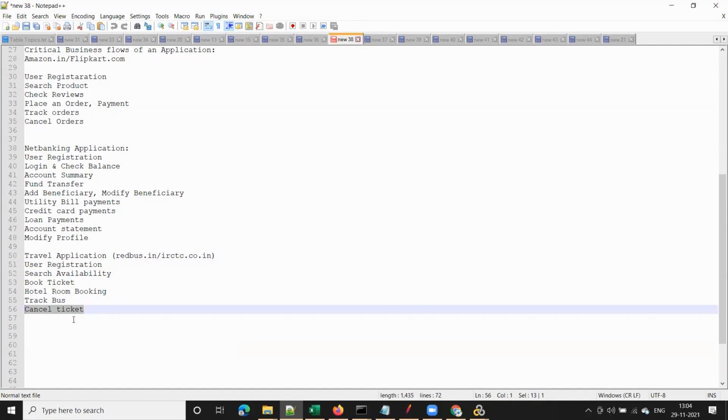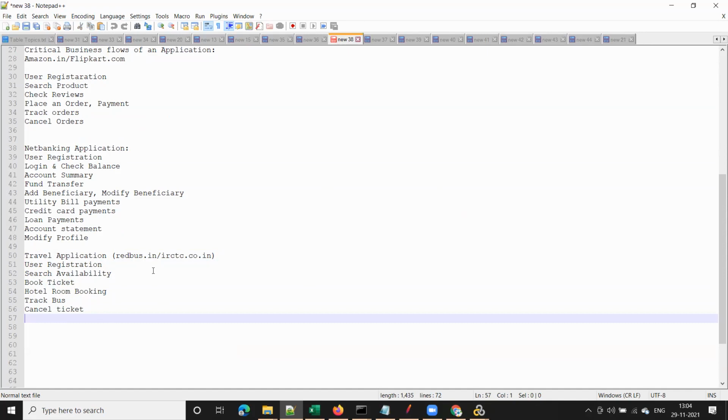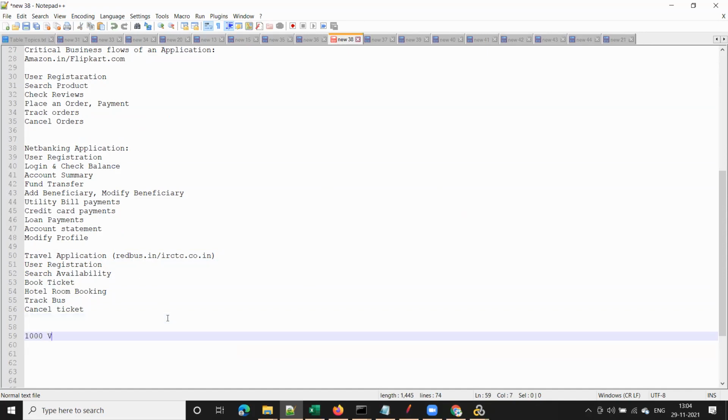Suppose you want to test any application with 1,000 users. How is the application performance when 1,000 users are accessing it? We'll collect all the critical business flows, create scripts for each of them, and run all the scripts together so that we put some load on the server.